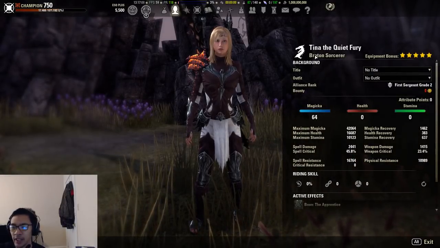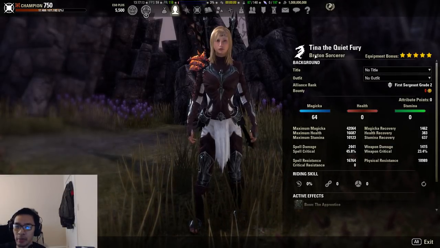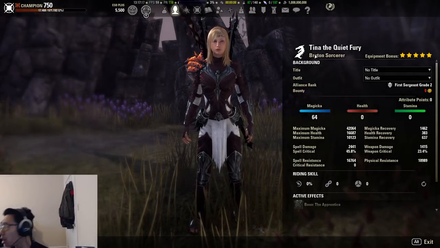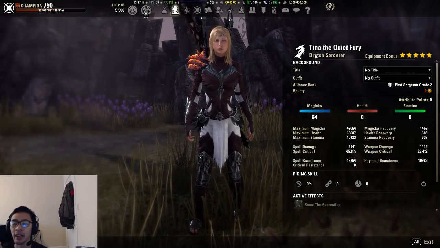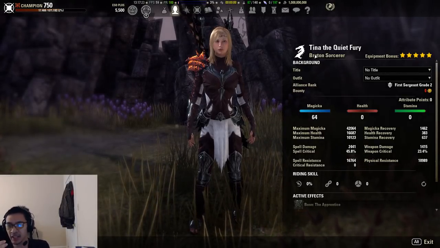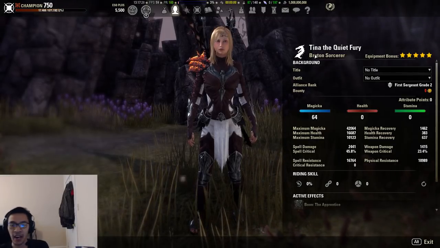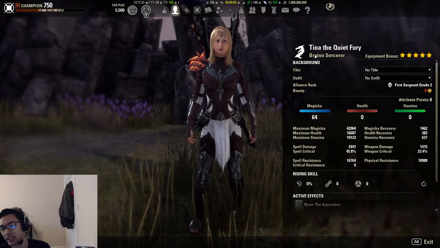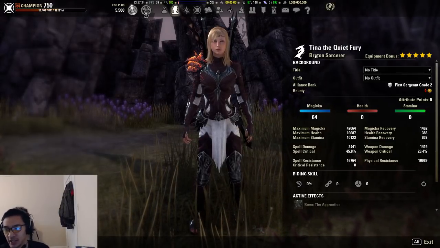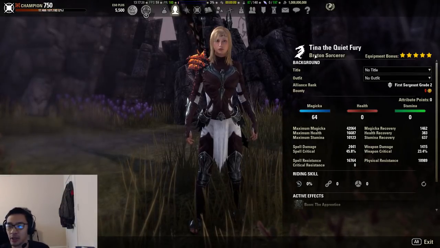I am a Breton, and that's just because I am on the PTS, and I like to ensure that my PTS characters are one-to-one to my live characters. Sorry. And my Sorc on live is a Breton. However, the best race, if you're going to be going with this build, is going to be the Altmer, the High Elves, because they have better shock damage boost. So Bretons get 10% max Magicka, 3960 spell resistance, which helps out their survivability, and they get 3% cost reduction